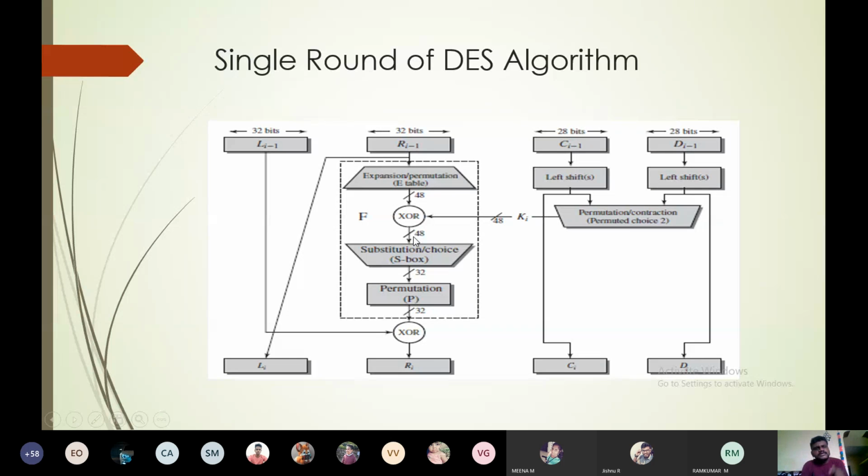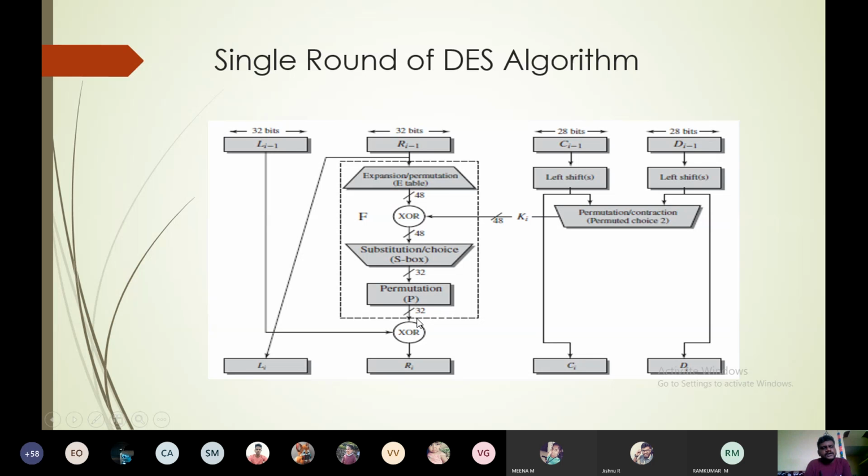48 bits of input enters the S-box and it produces 32 bits of output. So now the 32 bits has been released from the S-box. Finally I got this 32 bits. Again I am doing a permutation function. That 32 bits will undergo a permutation function, and after the permutation I get the same size of output, that is 32 bits.